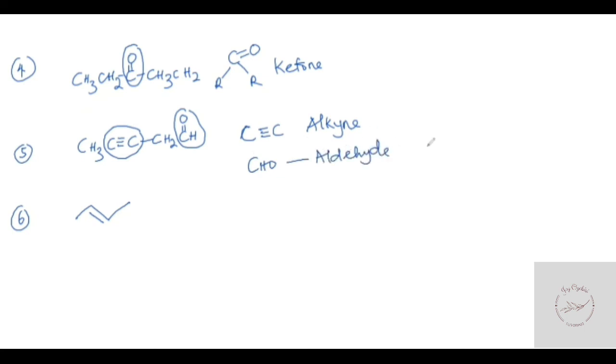Okay, we can equally write it out this other way, with the R this way, right? So you see the difference between this and this. This has two R's and this has one R and one H. But they're all carbonyl compounds, right? C double bond O. And in this case, the functional group present here is the alkene.